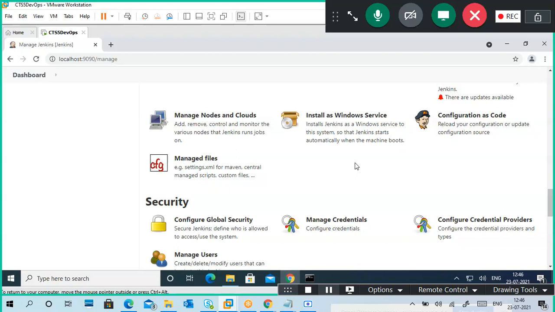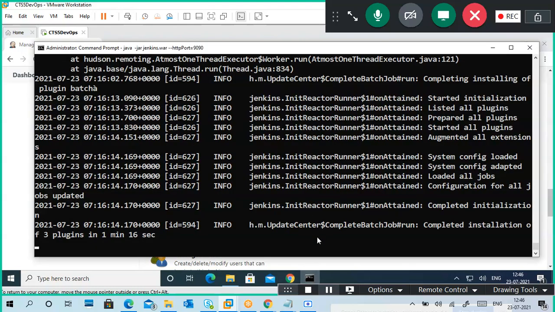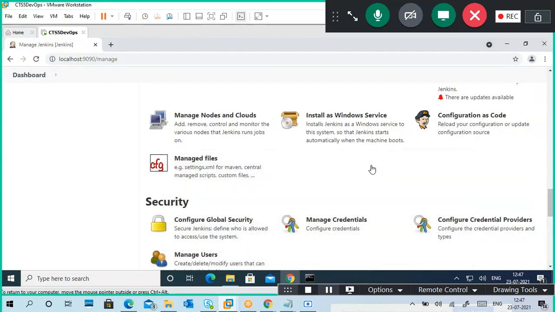At present, my installation is such that when I start my computer, I have to go to CMD or PowerShell and open a line like java -jar jenkins.war --httpPort=1990. Every time I have to open Jenkins manually. Instead of that, I can open it automatically by installing it as a Windows service.